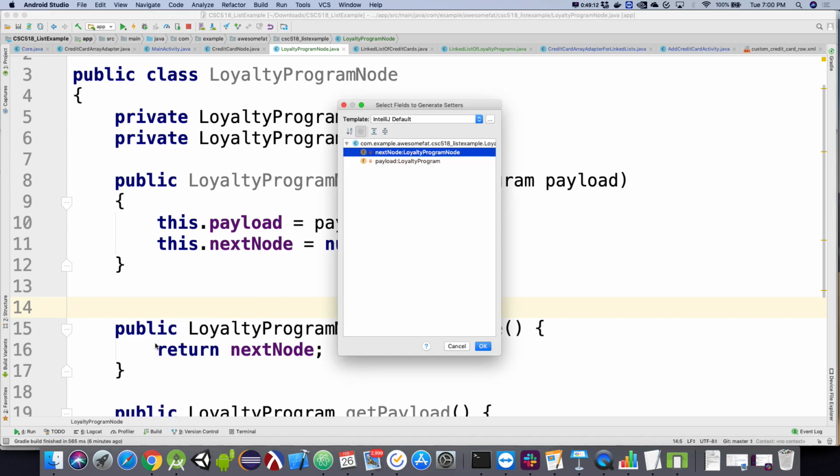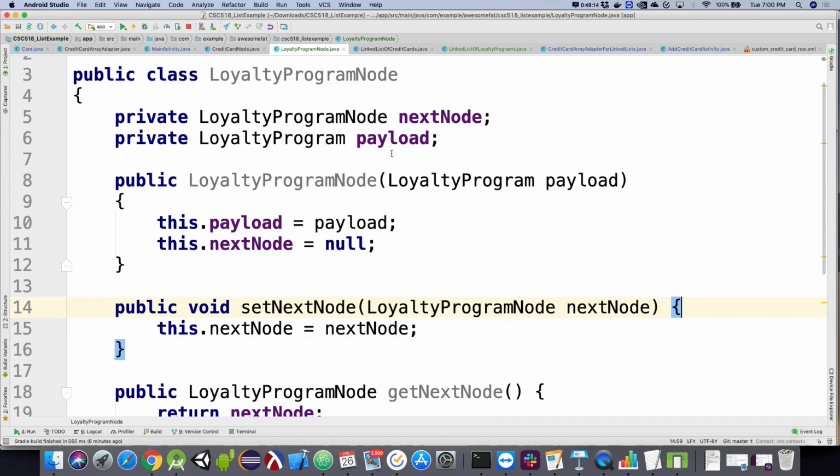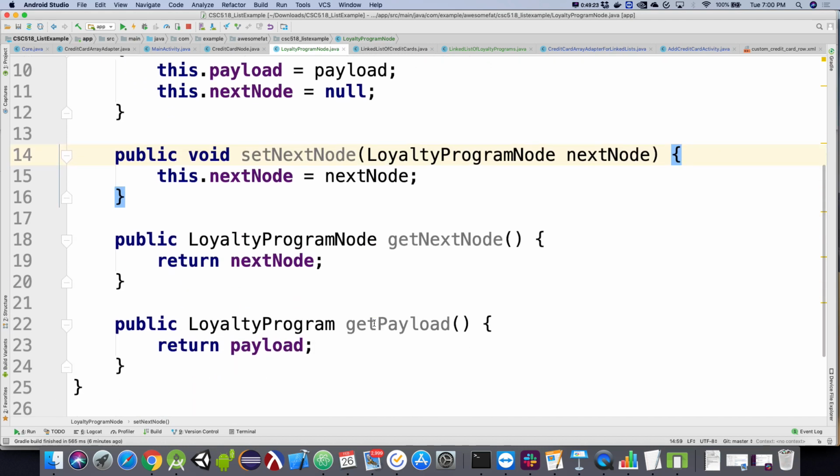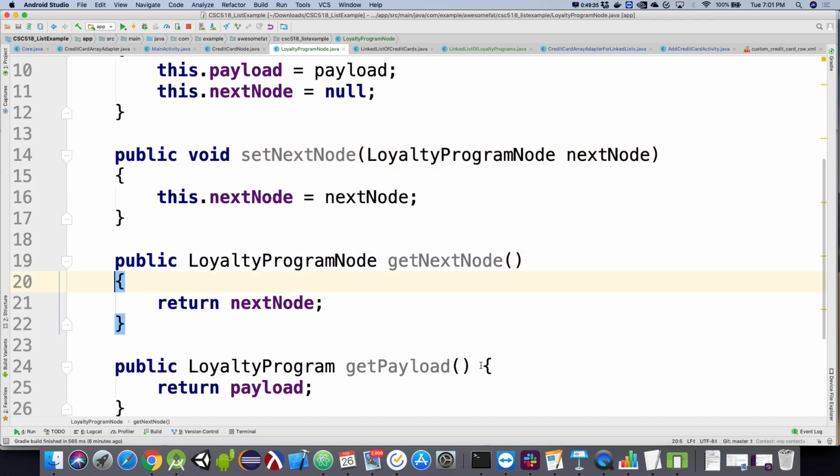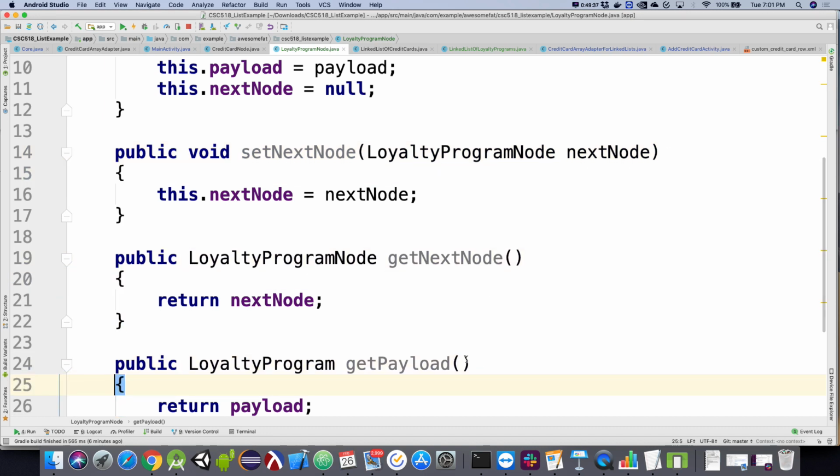And you said last week this is implicit in these methods. Like when you're doing the getters, it's return payload. So when you're doing that, you don't need to preface it with a this, like this next node or the payload. You don't, but if I were writing these myself, I always would. Okay, so that's what I was asking. That's implicit in these methods. But since you brought it up,